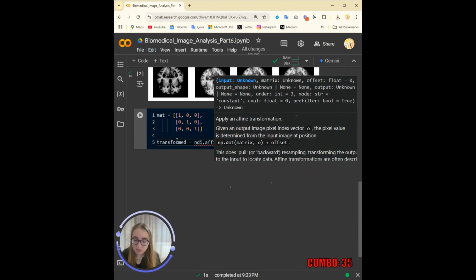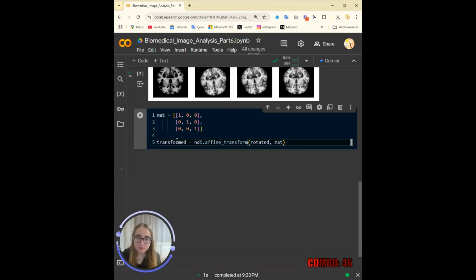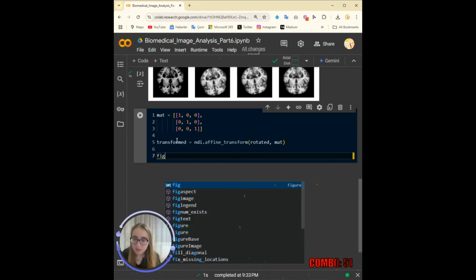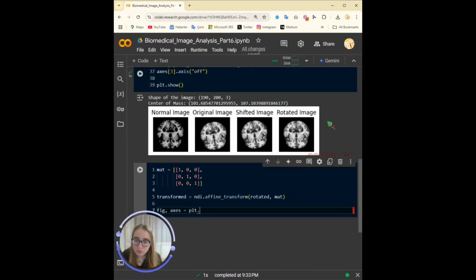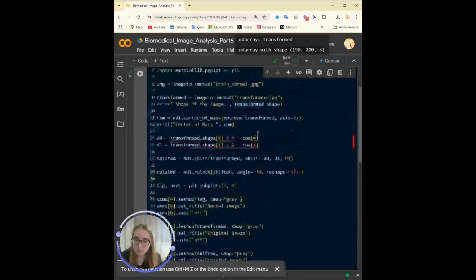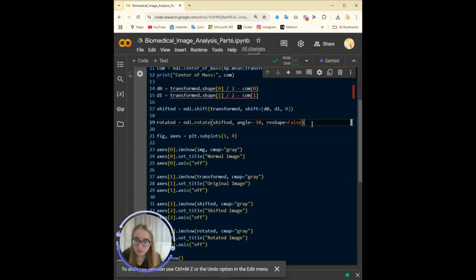We'll give the image, let's give the rotated one for example, and then the matrix. Then let's show them together as two subplots. But I'm thinking if I should continue this. I think that would be better.